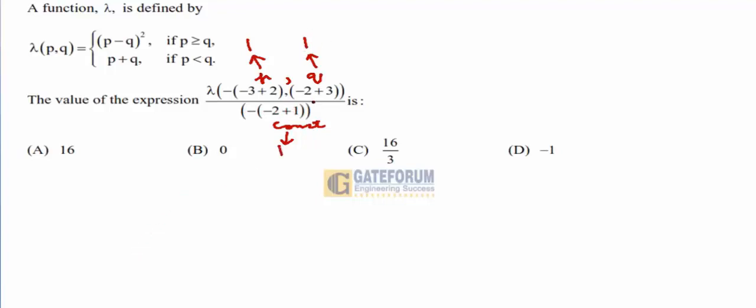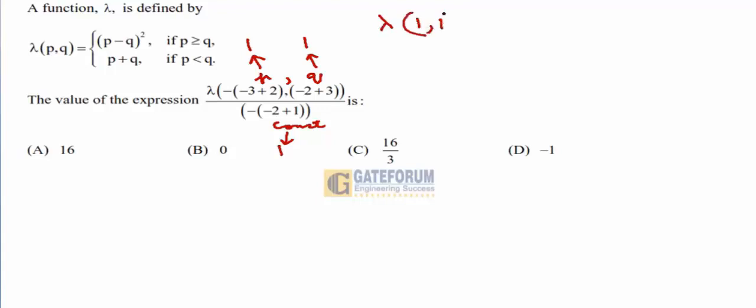Now, here as we can clearly see that P and Q are equal. And we know that if P and Q are equal, then the function that will hold, the relation of lambda that will hold is P minus Q whole square. So basically we will say here that lambda of